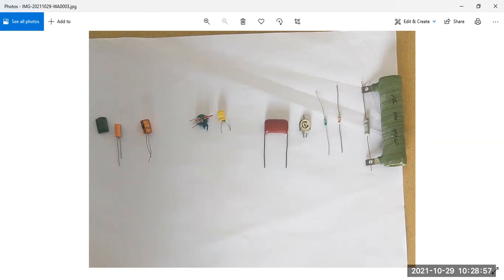This is the high wattage resistance. Look here, 40 watt is written. So this is wire wound resistance. Yesterday you have seen the types of resistance, which was related to your syllabus, and now